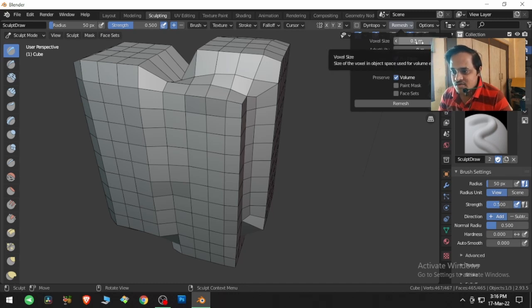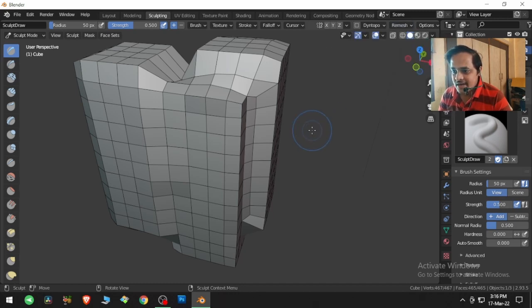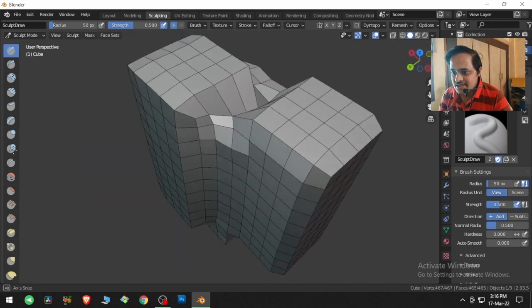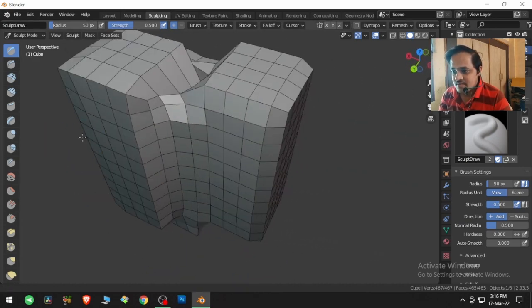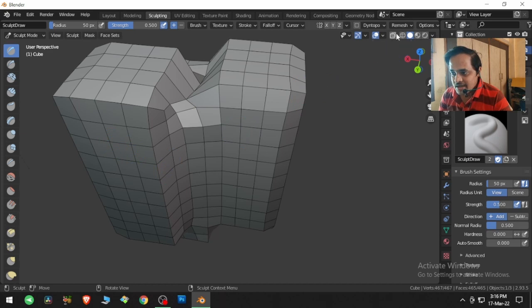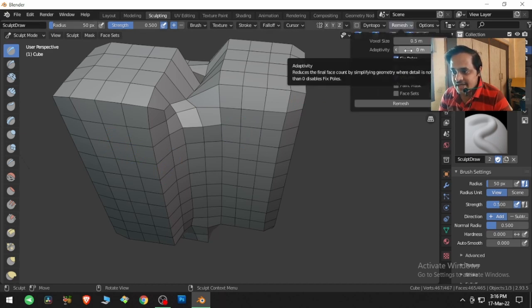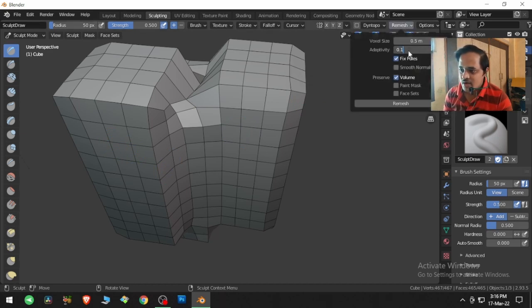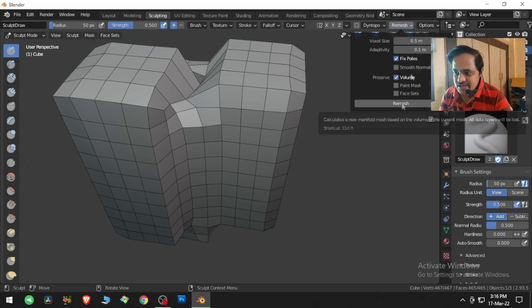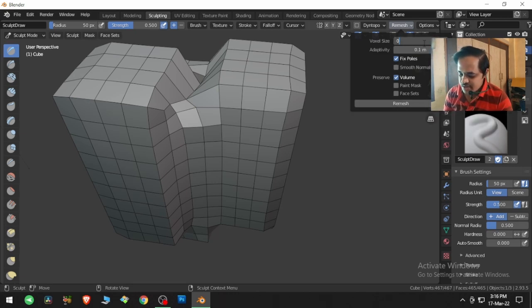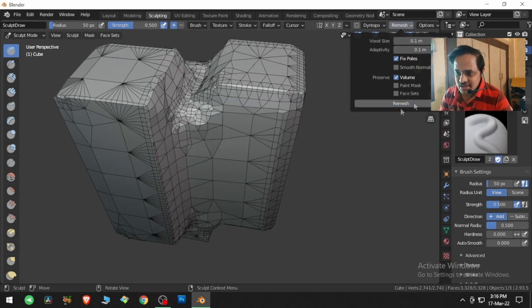Adaptivity, let me show you what adaptivity is. Adaptivity is one of the most wonderful things. Let me show you from here. Remesh. And if I increase the adaptivity to like 0.1 and remesh the object, let me remesh this to 0.1 and adaptivity is 0.1. If I click on remesh,